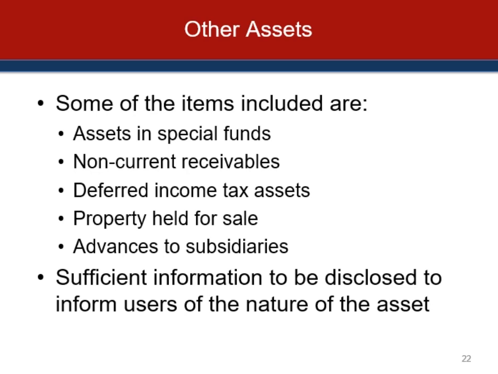We'll talk about that in 354 in more detail. Non-current receivables, so receivables that have a long-term nature, often called notes receivable. Intangible assets, assets in special funds or advances to subsidiaries would be treated separately because they don't fall into the categories as outlined above. Deferred and future income taxes represent taxes that might be avoided or saved